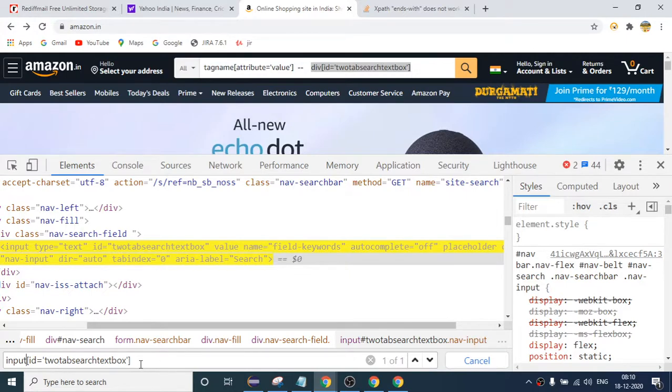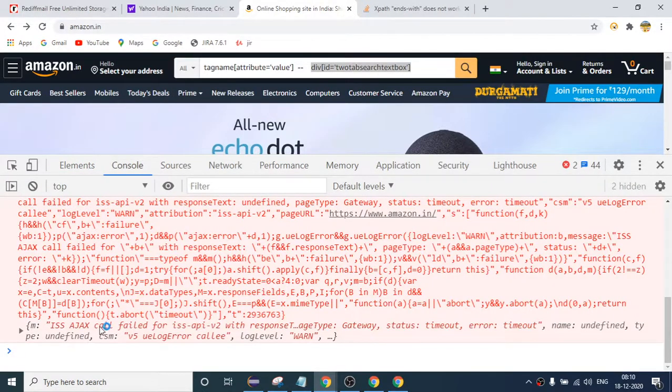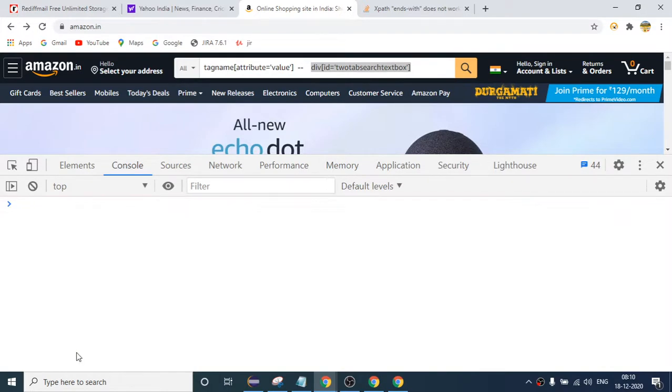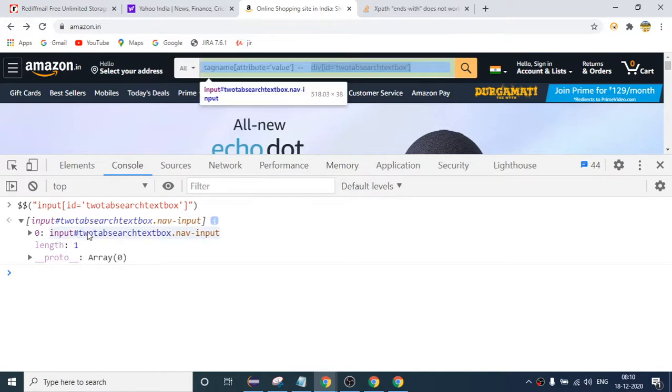So if I want to see here in the console whether it is correct or not, how can we do it? Some error is coming from the website, so press Ctrl L, it will clean the console. For the XPath we have used $x, but as it is a CSS, double dollar is the syntax you have to write, and in the double dollar, provide your CSS value. So this is my CSS and hit enter, right? You can see length is 1 and it is highlighting, right?